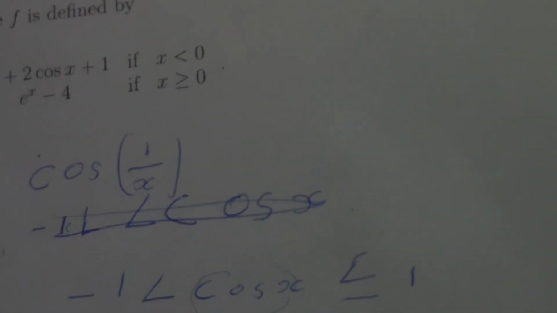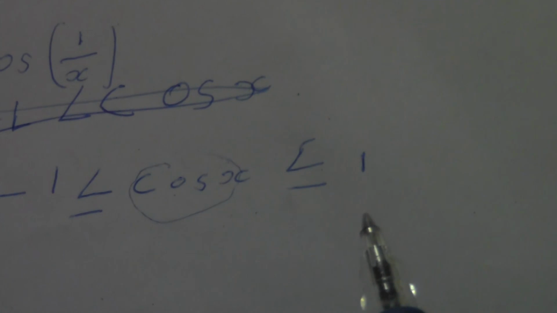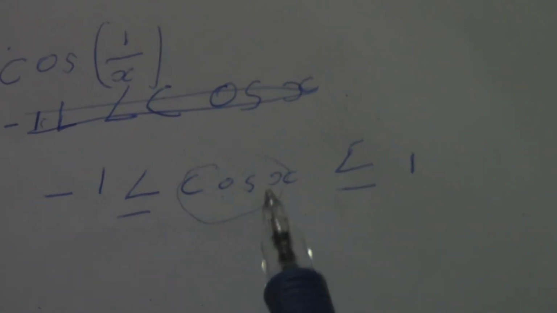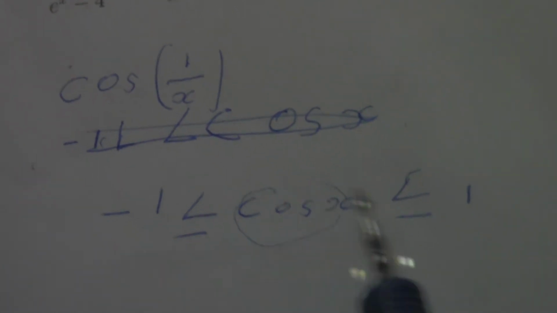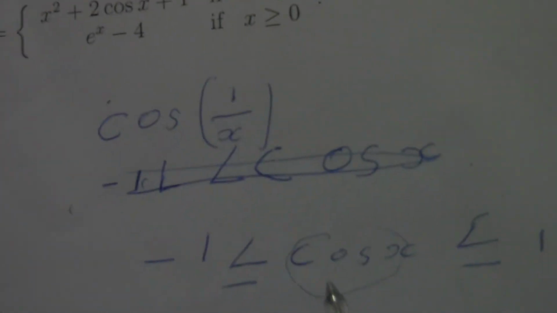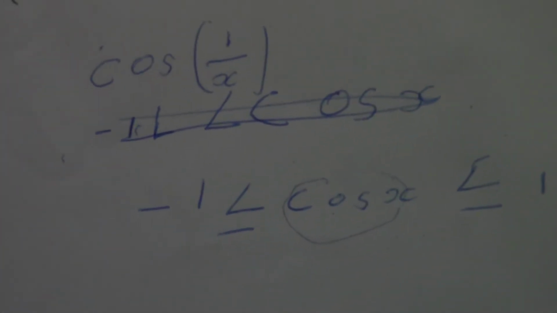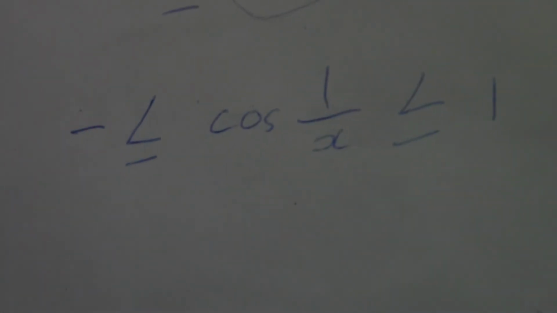So what we do is, oh, it's simple. If you're gonna keep this form, cos of x as x goes to infinity is this. Then when you turn this middle part into the function you have, you have to evaluate this side and this side as x goes to infinity. And next, you can rewrite this like this, right? But if you're gonna do this, the only way this can still go to infinity